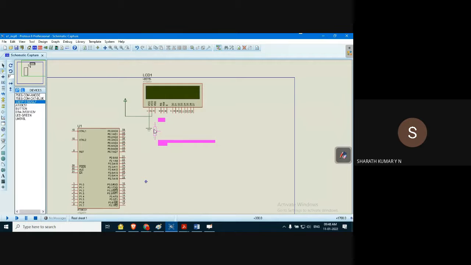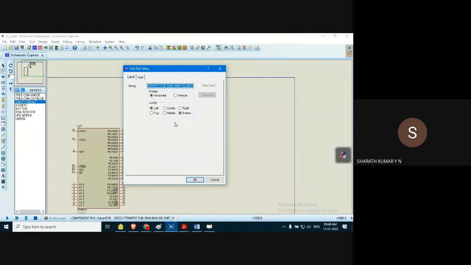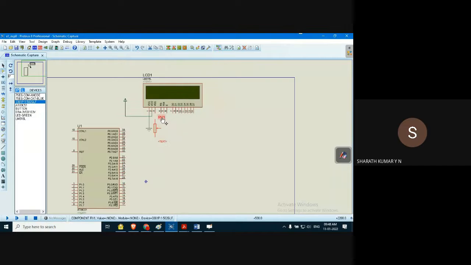Let us place it somewhere here. Okay, so all this I need to delete, because this will take space and is not necessary also. Let us delete all this so that we have only the component. Let me rearrange this. Go to selection mode. Let me place the potentiometer close to pin number 2, so that we can make a connection to both pin number 2 as well as pin number 1.